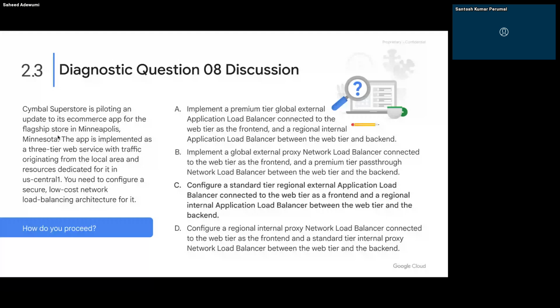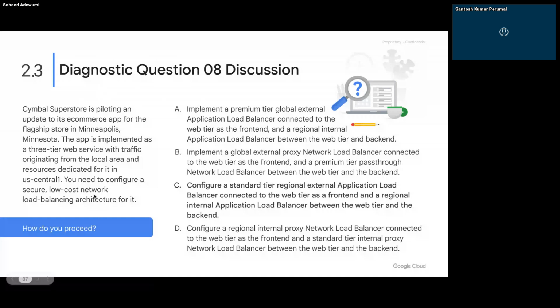The application is implemented as a tiered web service with traffic originating from the local area and resources dedicated for it in us-central1. You need to configure and source a low-cost network with load balancing. So here we are talking about